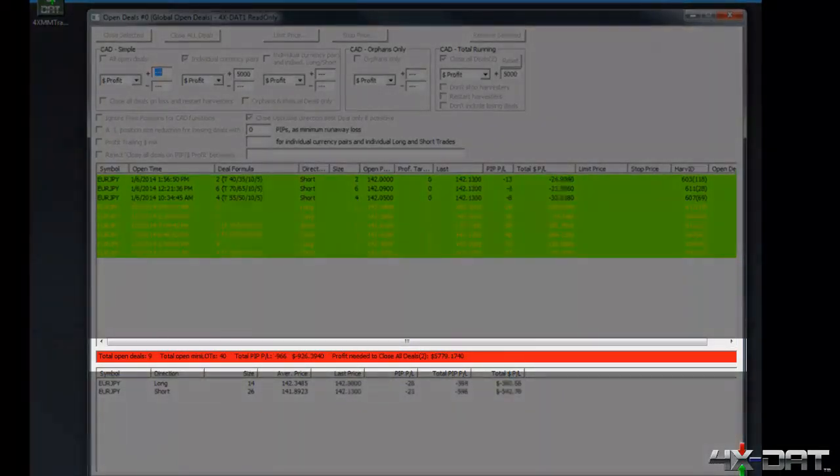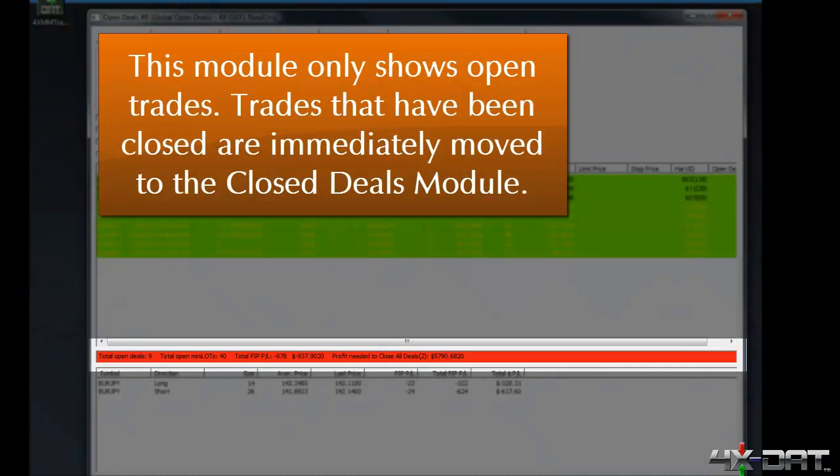Now, at the bottom of the main window, you'll see a summary of the open deals. This will be highlighted in green if the total of your trades are in profit, and it'll be highlighted in red if the total is at a loss. More often than not, this summary will be red. Why? Well, because if your trades are in profit, you will have probably instructed the software to close them while in profit, and those closed trades will then be moved to the closed deals window. Trades that have not reached profit targets remain in the open deals windows, and that's why this summary bar is